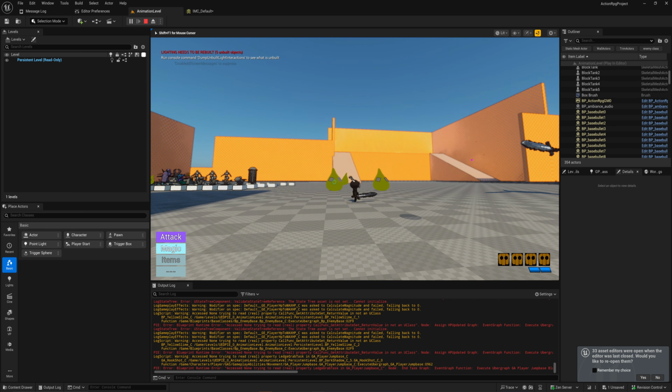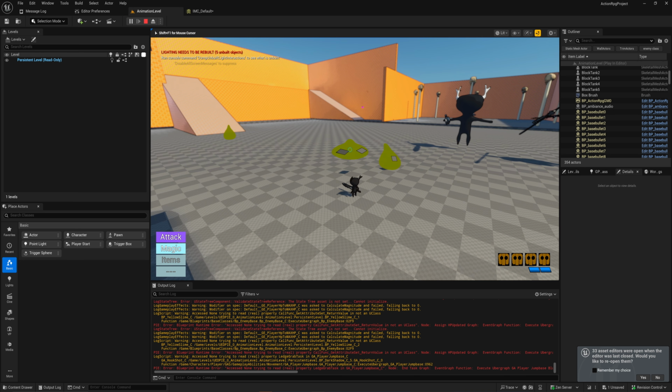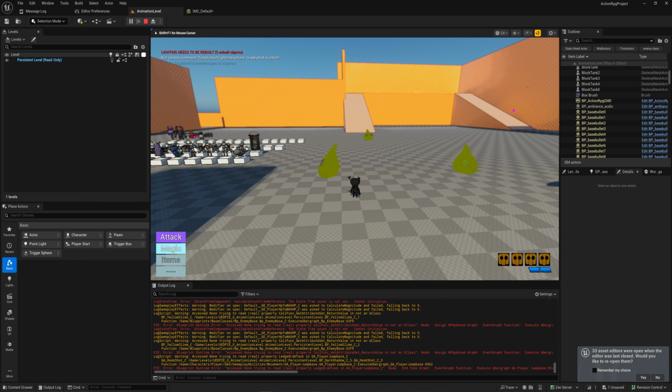I've got this lock-on system in my game, and I've gotten the question, how can I make a lock-on system that can cycle through like this, going between different characters? I've done a video on my lock-on system, a simplified version of it, a while ago, and today, instead of